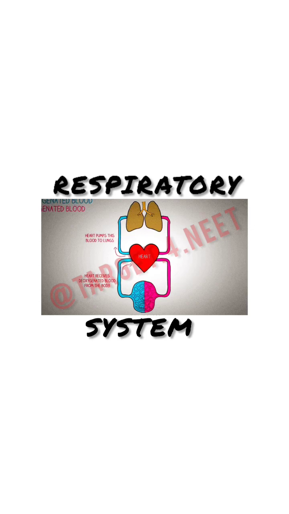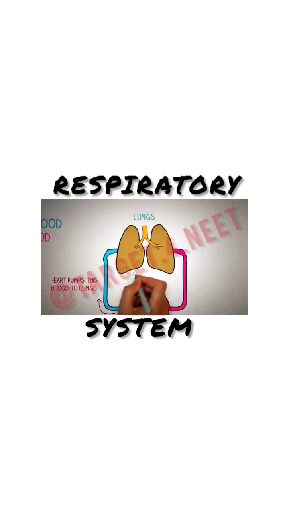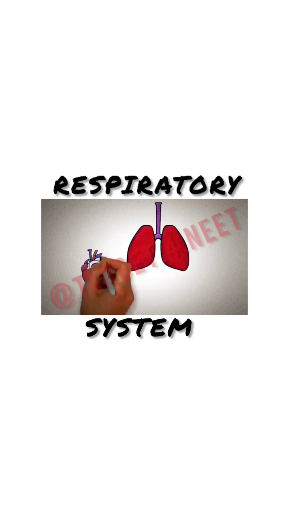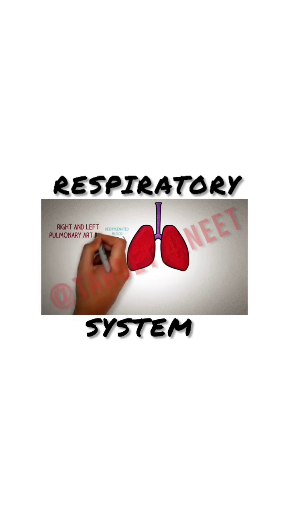In the lungs, this deoxygenated blood is subjected to gas exchange, which converts it into oxygenated blood, which is pumped back to the heart. The heart then pumps this oxygenated blood to the body, which utilizes the oxygen present in this blood. And again, this blood is converted into deoxygenated blood, which is pumped back to the heart. The heart pumps all the deoxygenated blood to the lungs through two main arteries, the right and the left pulmonary